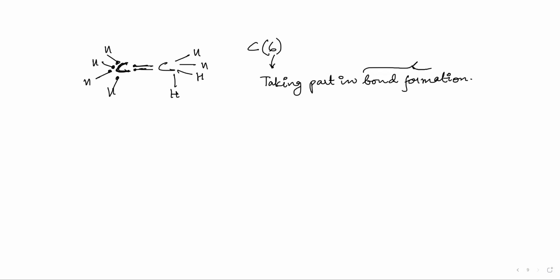Have you heard of valence electrons and core shell electrons? Valence electrons I have heard. Core shell means that which is present in the inner shell. So in carbon, you have the first shell having 2 electrons, then the second shell having 4 electrons, right? Yes. And always the bonding takes place from the valence shell.